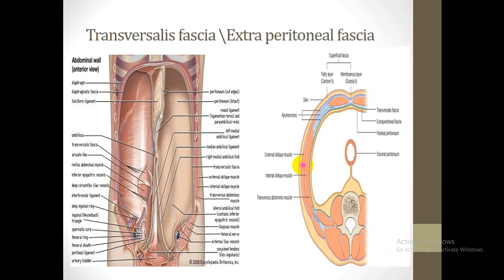Extraperitoneal fascia. This is the layer that separates the transversalis fascia from the peritoneum. This is the extraperitoneal fascia. Found here, it contains a variable amount of fat, concentrated especially in the posterior abdominal wall and around the kidney. Especially, it is contained in the vascular bed that supplies the kidneys and other viscera, and extends to the mesenteries to supply the gut.